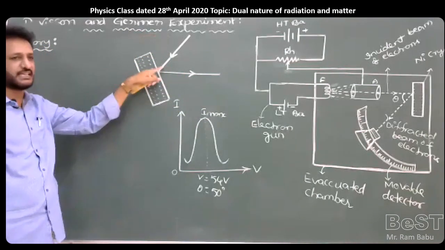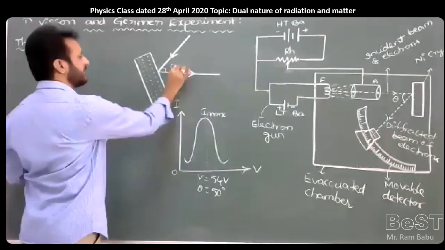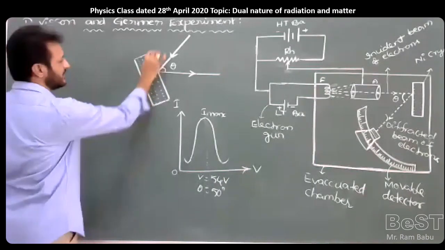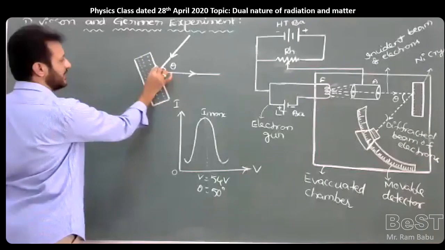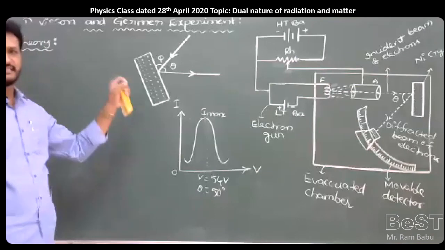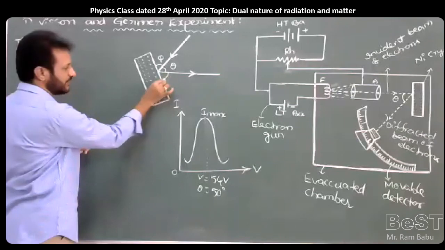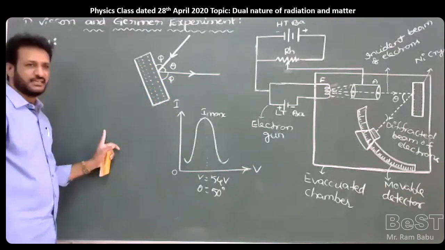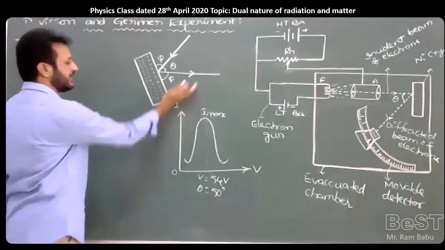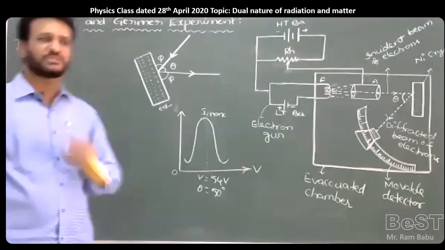We can understand by using a direction also. The angle between the incident beam of electrons and the scattered beam of electrons is called the scattering angle theta. The angle between the surface of the nickel crystal and the incident beam of electrons is called the glancing angle phi. Phi is the glancing angle and theta is the scattering angle. Here this angle will also be equal to phi, the glancing angle. The space between any two atomic planes of the nickel crystal is equal to d, which is experimentally calculated by the scientist Bragg.